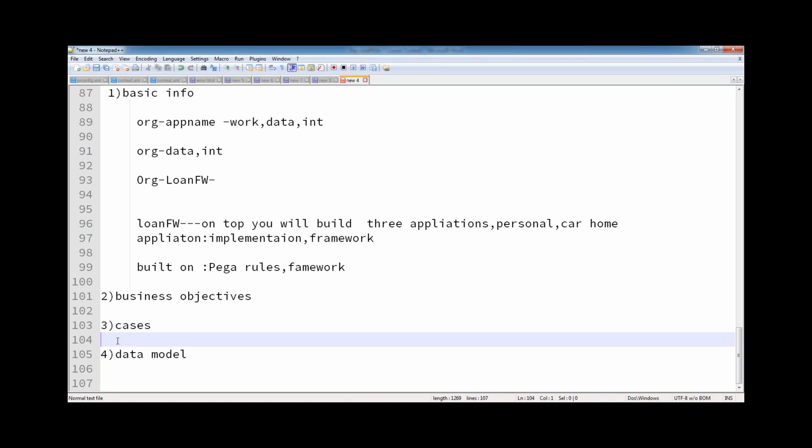For example, if we were creating an application for the HR department, we will have many business transactions in the HR department. We are demoing one case, the interview process. How the interview process is done in the HR department, we will automate using the Pega tool.